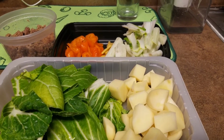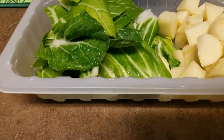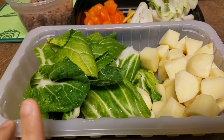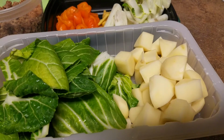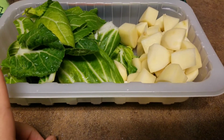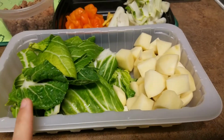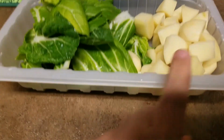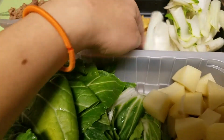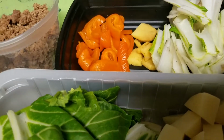Anyways, here are the ingredients that we need. First, I used bok choy or pad choy as a substitute for alugbati or spinach, and then potatoes I cut into cubes, and ginger, the bell pepper. I use ground beef,